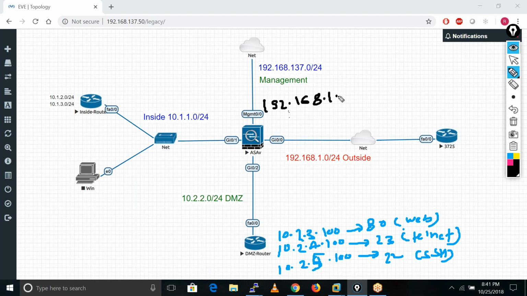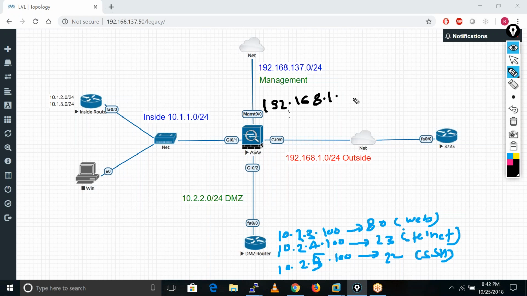192.168.1. Sir, we have static NAT, static PAT, and dynamic NAT, dynamic PAT. Yes, exactly. But the thing is, dynamic NAT no one uses. Only people are using dynamic PAT. That's why I don't show you the configuration regarding dynamic NAT, because you don't see any configuration here. Okay, so just focus on static PAT now.